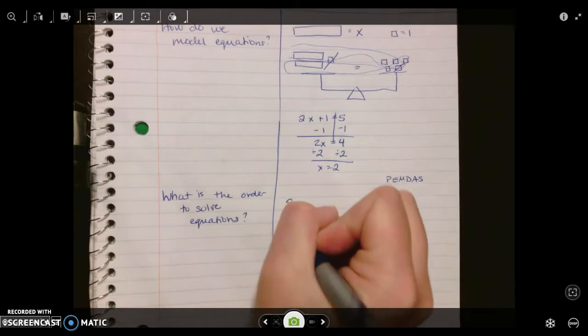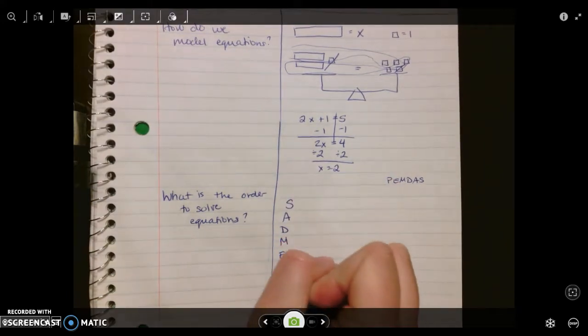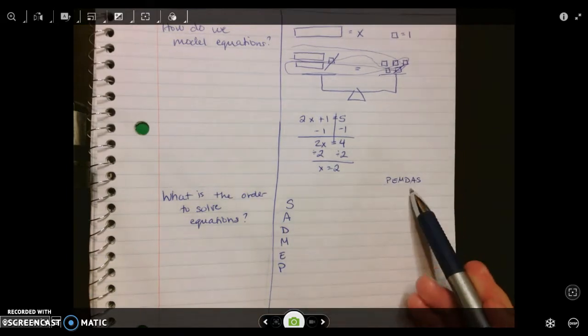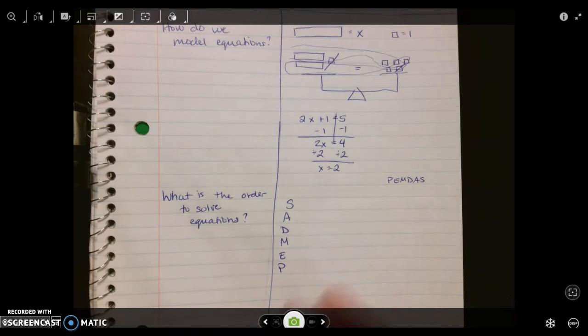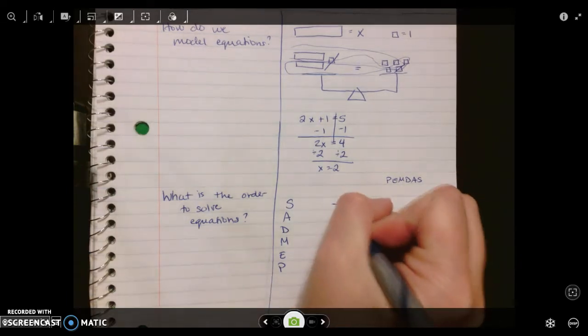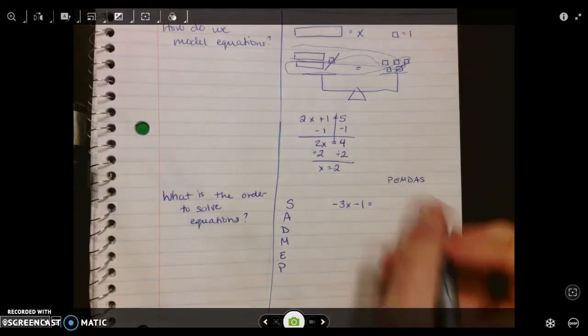So something that I know a lot of teachers will use is called SADMAP. So literally it's the reverse of the order of operations. And that's a way to think through, how do I find my variable? Basically, I have to do everything in reverse. So say, for example, I had negative 3x minus 1, and that is equal to